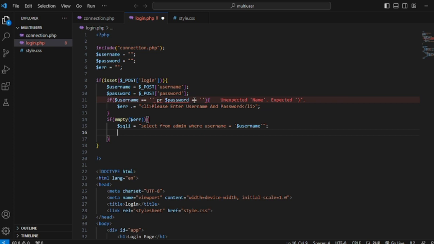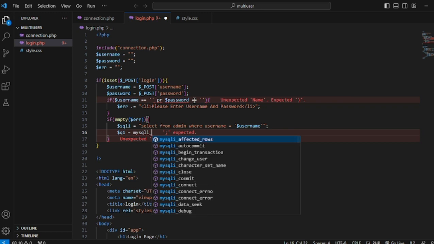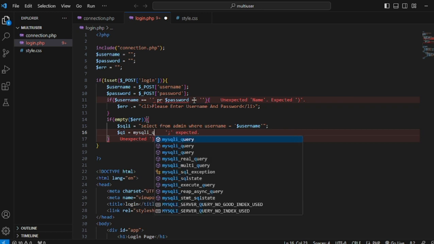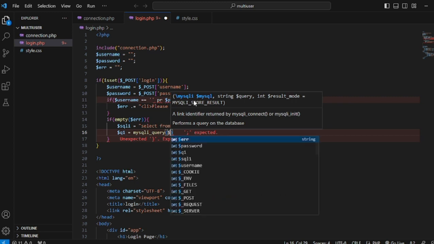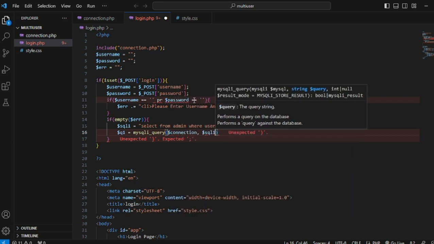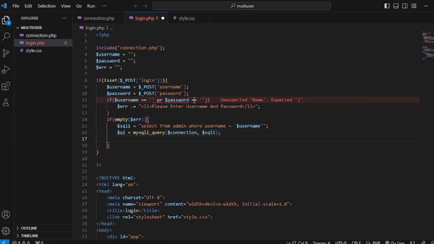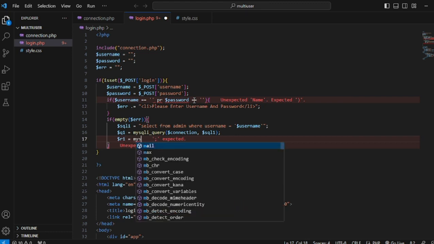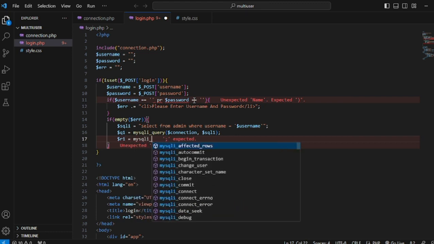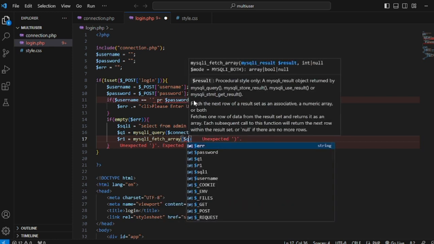And then we continue, make $q1 equal mysql query, the $connection and $sql1 dot comma, and then last we're gonna make $r1 equal mysql fetch array for $q1,